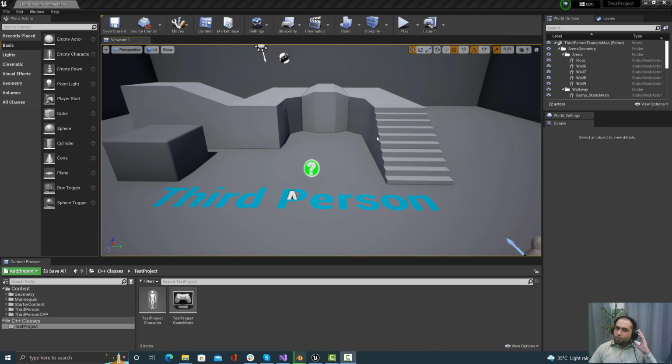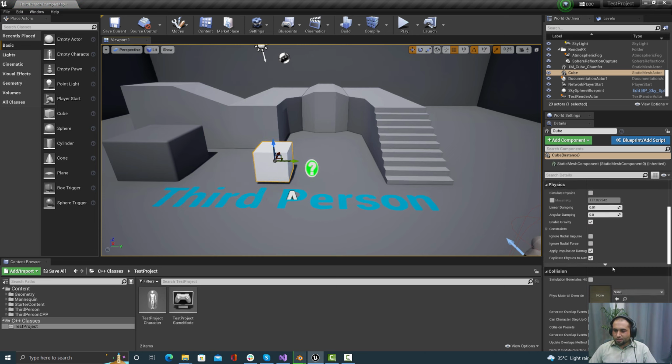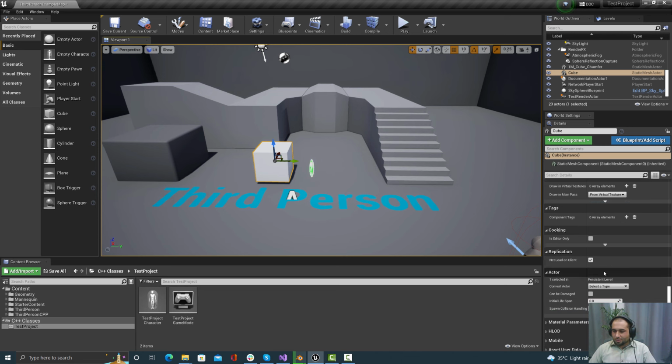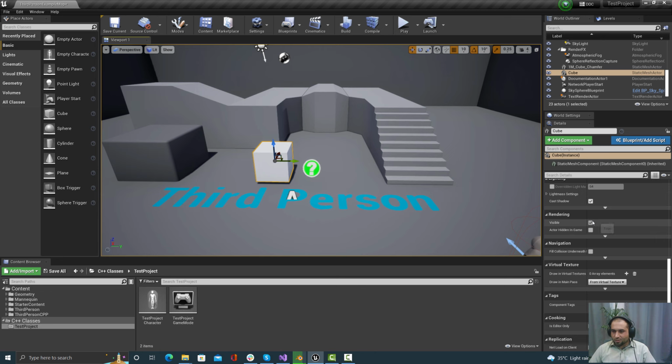So today I'm going to show you how you can disable an object and enable an object. Just like in Unity you just say gameObject.SetActive(true) and gameObject.SetActive(false), but inside Unreal it is a little bit complicated. For example, if I place a cube over here and inside the rendering option, if you even check this set actor hidden, you will see that the collision will still work and the player can still